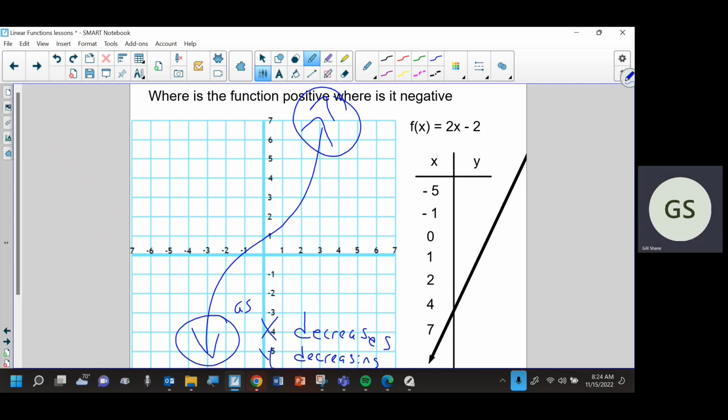You just look at one endpoint at a time. Doesn't matter at all what's going on in the middle of the graph. Nothing matters in the middle of the graph. If I'm looking at the right side, the right endpoint, then I'm going right. What are the X values doing as I go right? Are they increasing or decreasing? Increasing, right? As I go to the right, so right arrow, I'm going right. Well, as I'm going right, 1, 2, 3, 4, 5, hopefully you understand they're increasing. So as X increases,